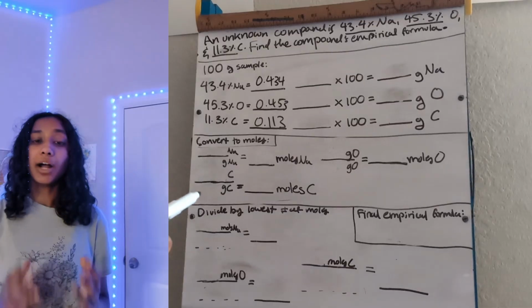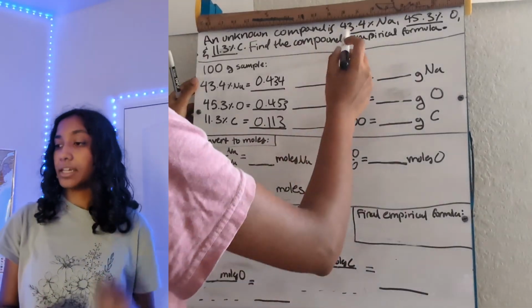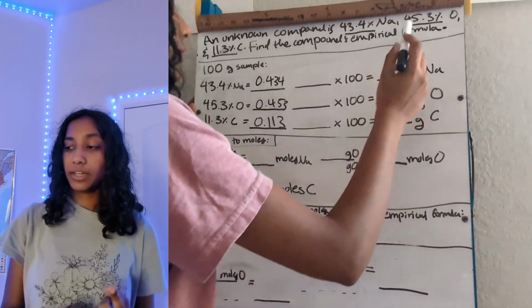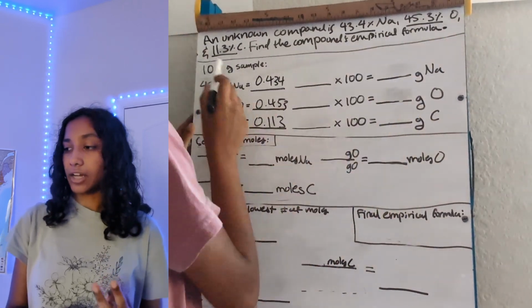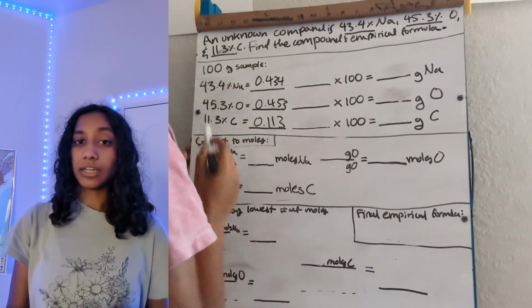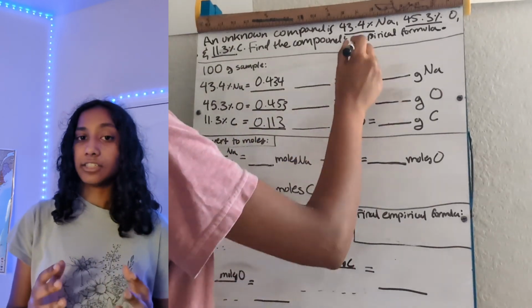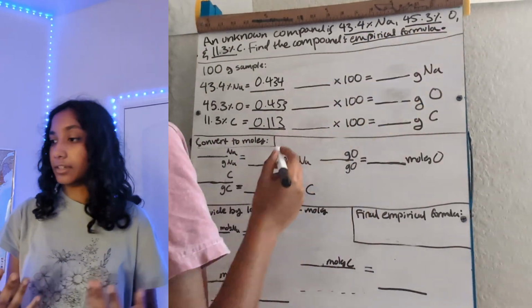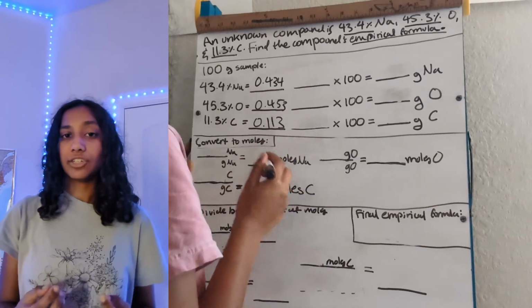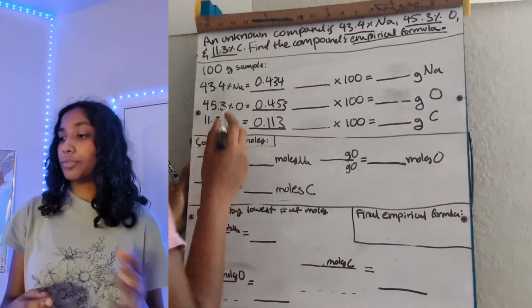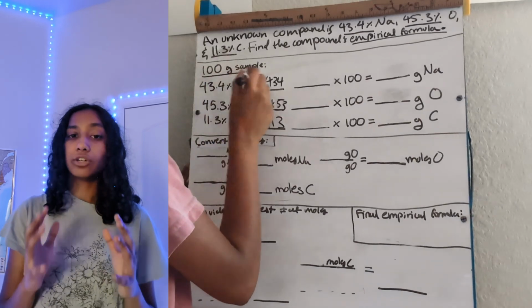Let's do an example so you understand what I'm talking about. This problem says an unknown compound is 43.4% sodium, 45.3% oxygen, and 11.3% carbon. And it asks us to find the compound's empirical formula. When we're given percentages, to find the empirical formula, we first want to assume that we have a 100-gram sample